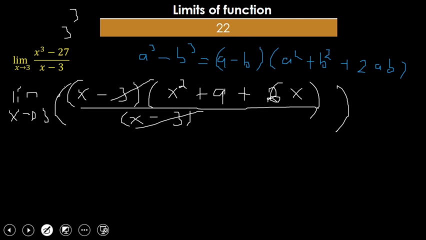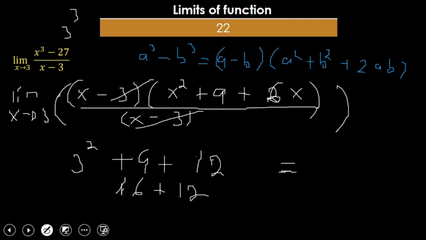This and this will cancel. We are going to be having x square plus that. We just have to substitute now the value. We are going to have 3 square plus 9 plus 12. 9 plus 9, 18 plus 12, that is equal to 28. Okay,